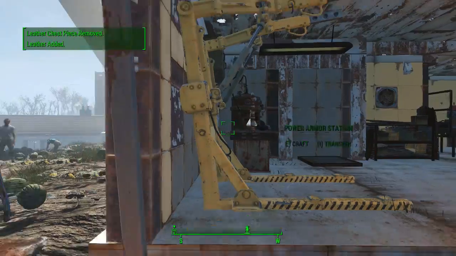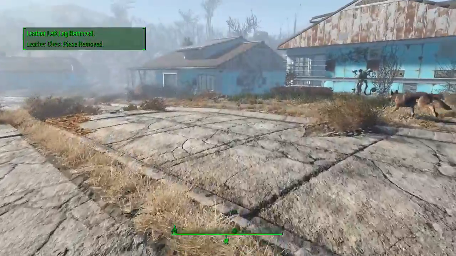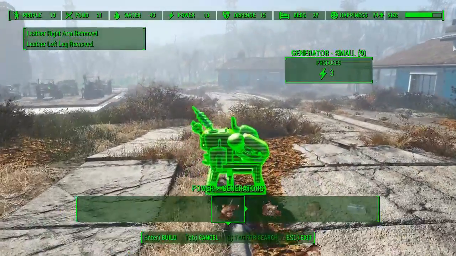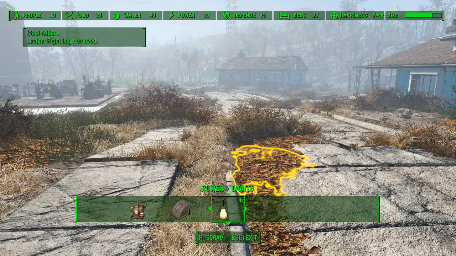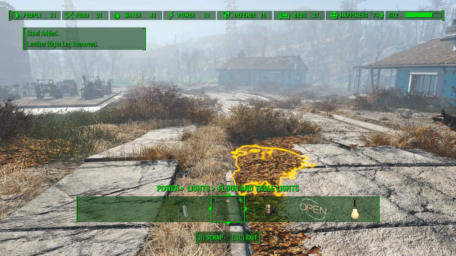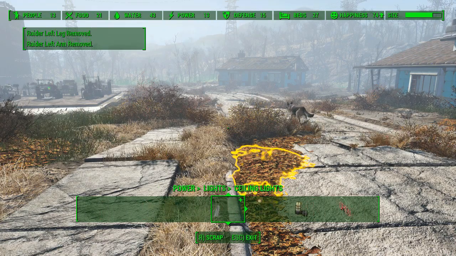Alright, so now we should be able to make... What was I gonna make? Oh, did we want it? Oh, it wasn't power generators, was it? I guess it kind of was. Wall lights, neon, miscellaneous lights. So